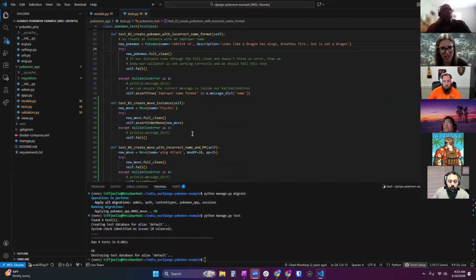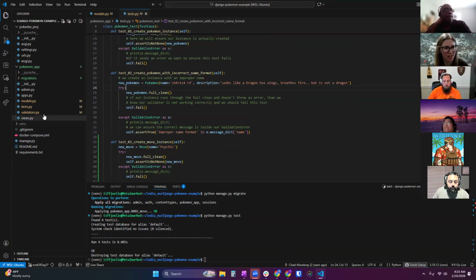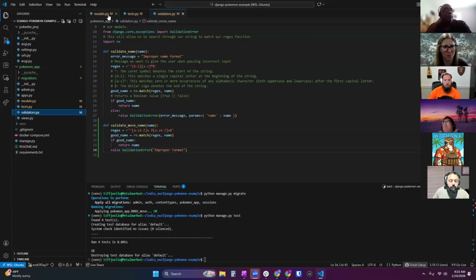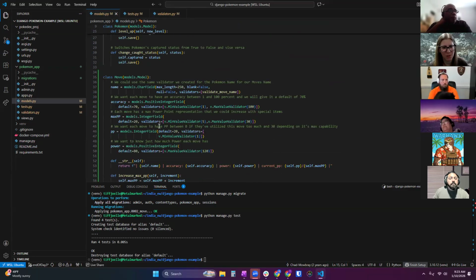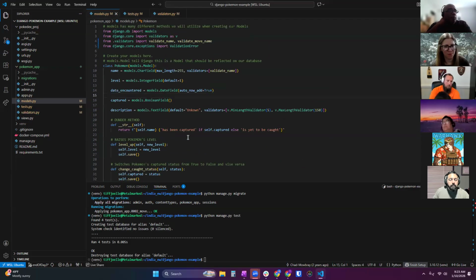So we've got this test that passed with all of our validators that we created for it, which was just one. So our model is good to go. However, we want to create this relationship, right? We're going to have moves, and a Pokemon can have lots of different moves, and a move can belong to lots of different Pokemon. Like fire Pokemon will all have the Ember move, but then Charizard itself will have multiple different moves underneath him.